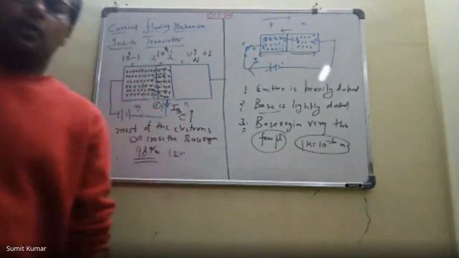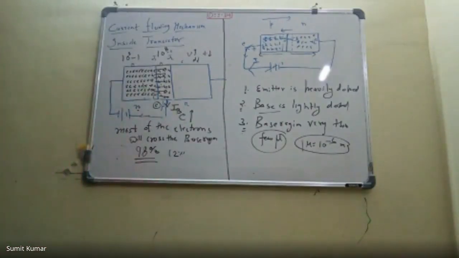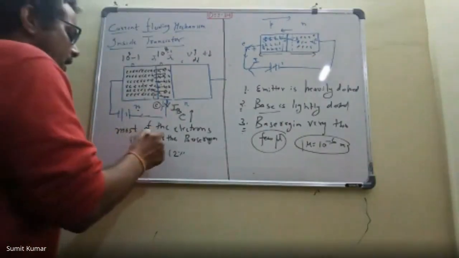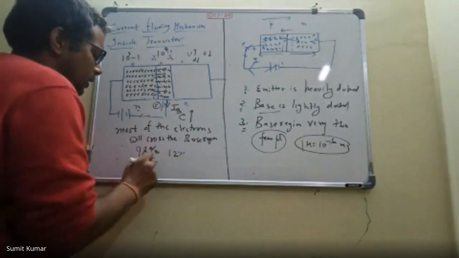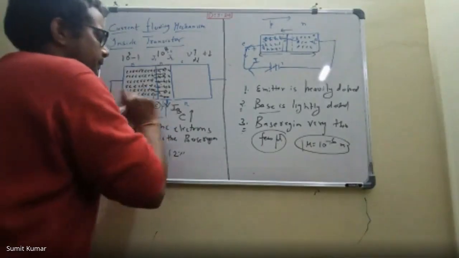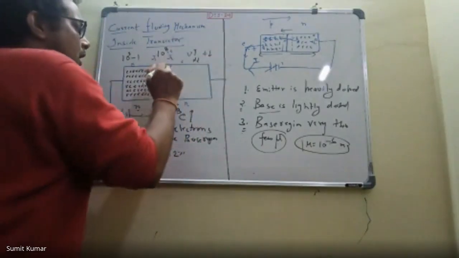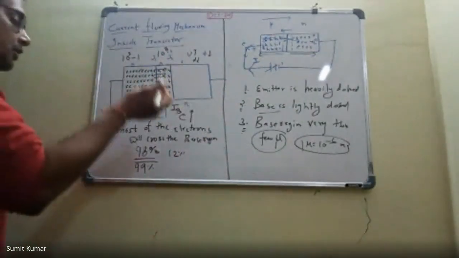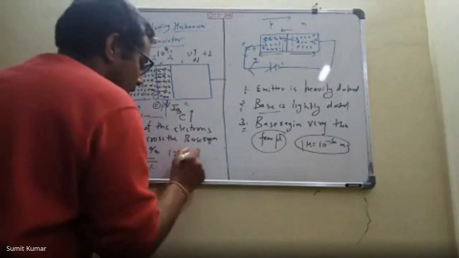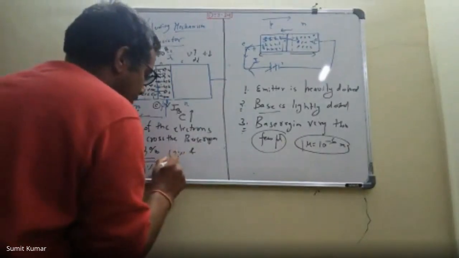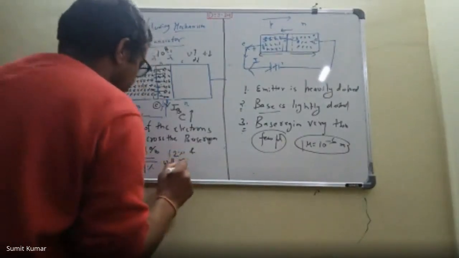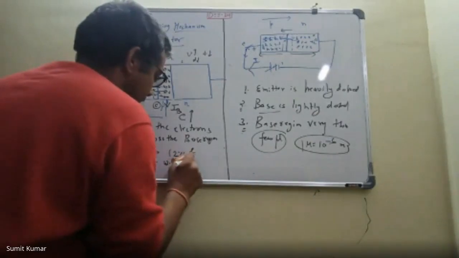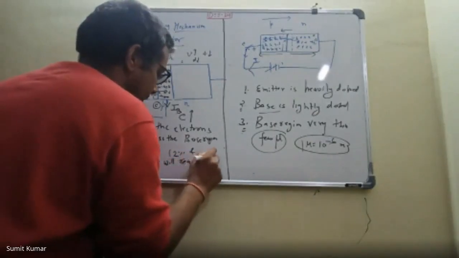So here we talk in terms of probability, and it's like this: 98 to 99% of the electrons are going through the base region, and now they are reaching the junction J2. They will cross the base region and will reach the junction